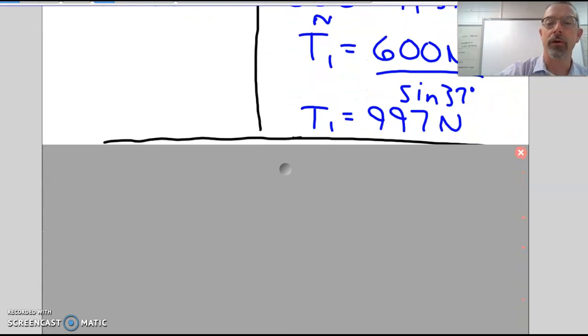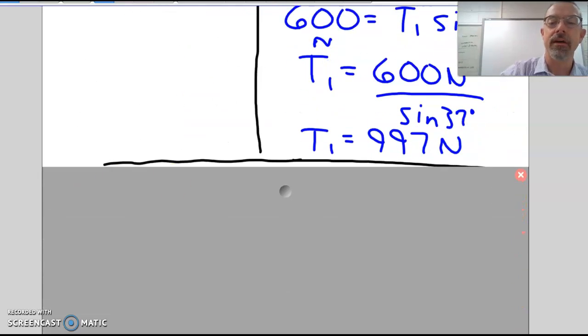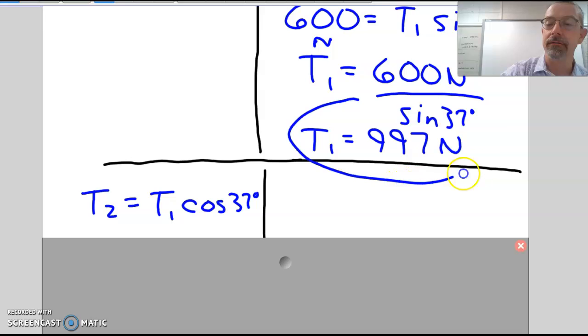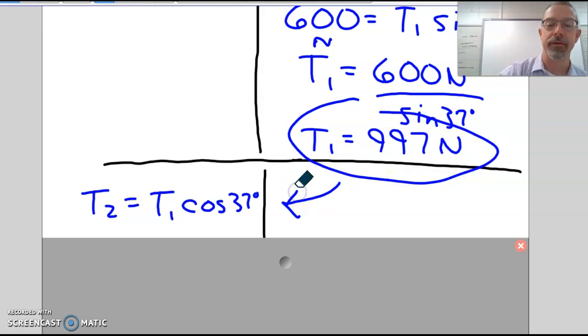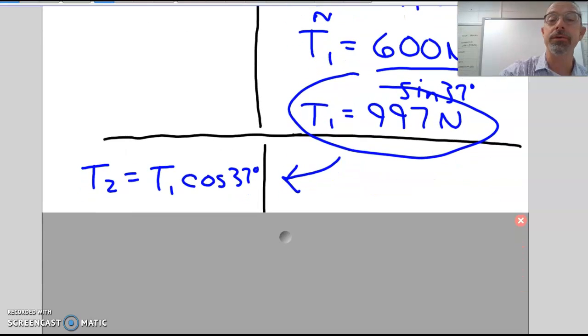So that's all fine and well. But I know that my forces in the x direction also equal 0. So that means that the force exerted this way and the force exerted this way must be equal. So my tension in the second cable has to equal T1, which is this answer, times the cosine of 37 degrees, because that is now the adjacent leg of this triangle, and that's going to be the component of this resultant that is going to be pulling to the right. So now I go T1 cosine of 37,